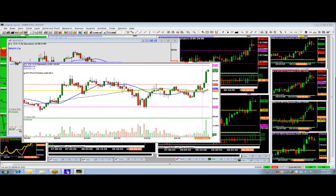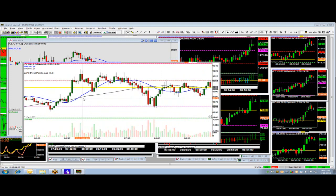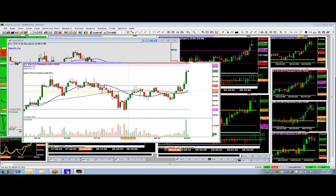Okay, and so for example, this is a pretty good example right here. Once we see my 5 minute has been moving up, and even though we broke below the 5 right here momentarily, there really was no follow through to it. And really what I want to have is if I've got a rising 20 period moving average, and this is the dark gray line,